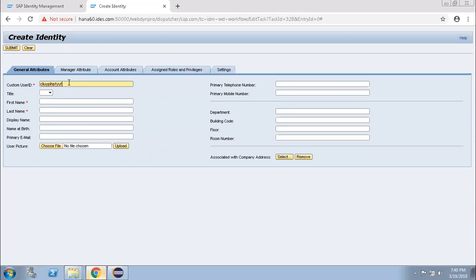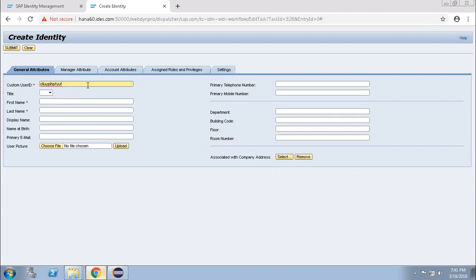So if you create the user in small letters or with more than 12 characters, in SAP systems, when the ID is getting created, it will be capital letters and 12 characters. So in future, if you do any kind of synchronization activity between IDM and the backend system, you cannot do that, because the IDM ID and SAP ID will be different. The system cannot identify that.